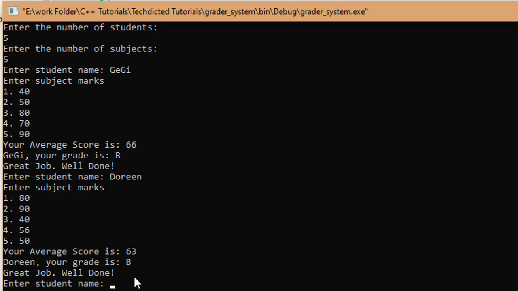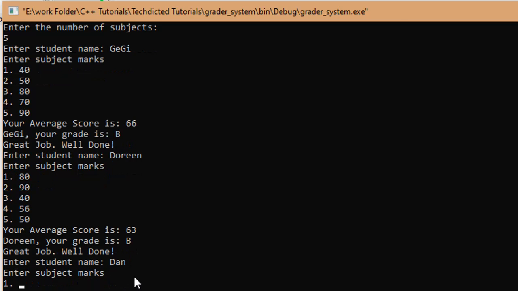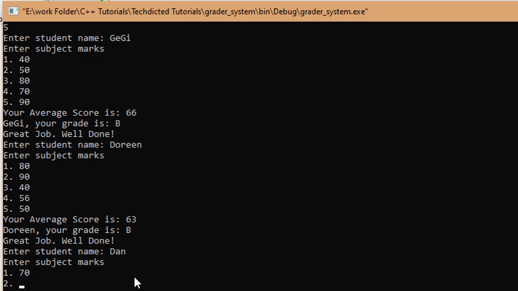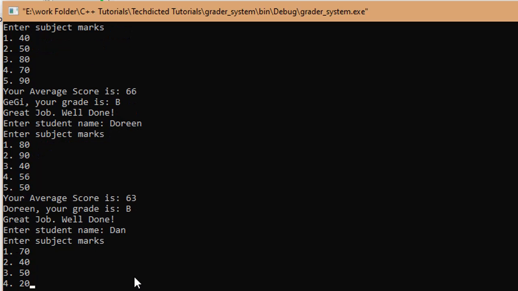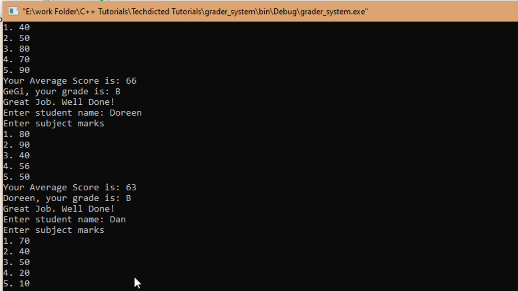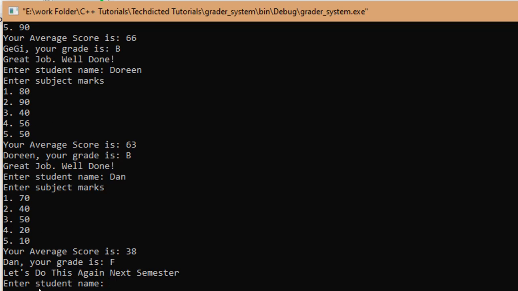Let's try with one last student, for example that. Then we have a 70. Let's say this person just decides to flunk. 38, F. Let's do this again next semester. Okay, so you can keep doing that, but basically we've proven the concept. We see everything works well, and we've worked with different things, including if statements, switch statements, and the loops, nested